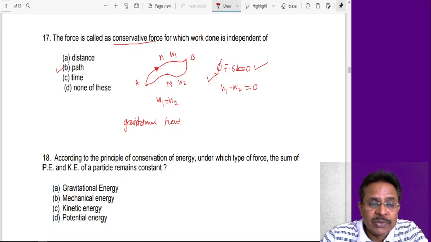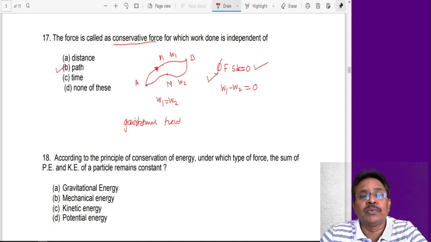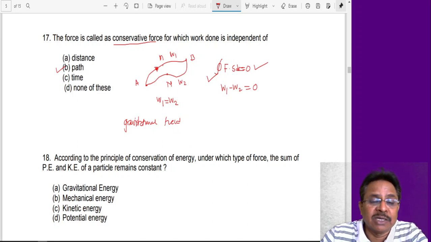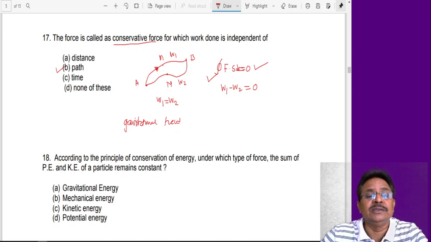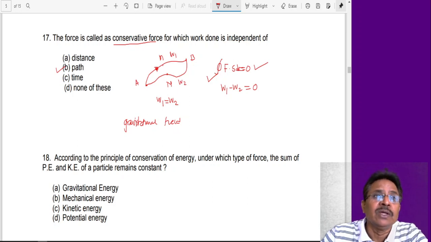Now the Coulombic field, that is the field because of positive charge, that is electrostatic field because of the positive charge, negative charge, gravitational field, etc. These fields are called conservative force fields. Whereas viscous field, that is the force field because of friction, and there are certain time dependent fields too. These fields are called non-conservative force fields.